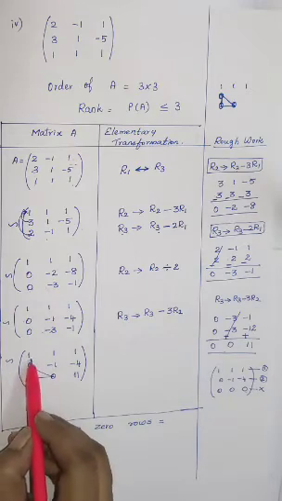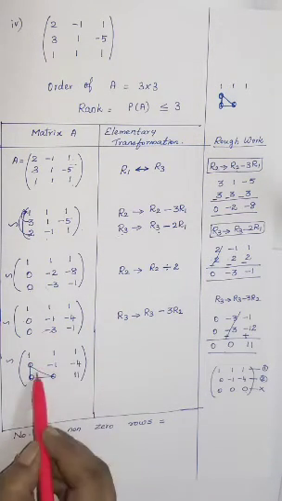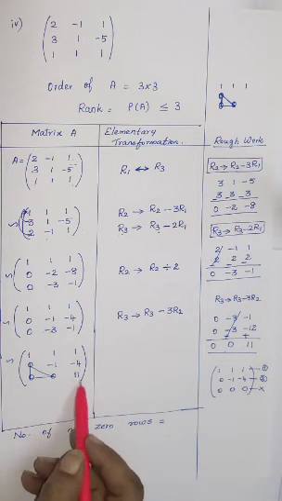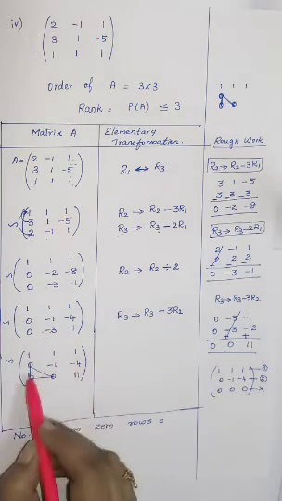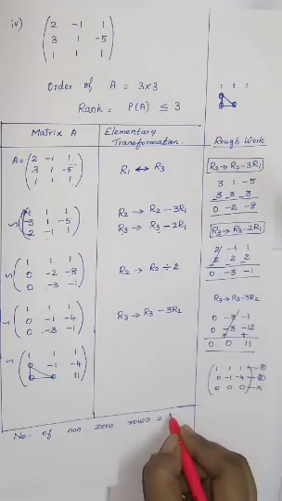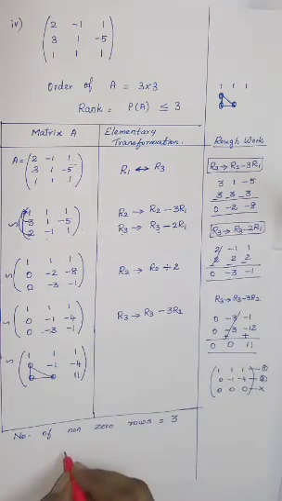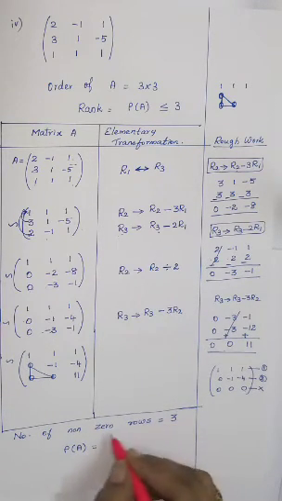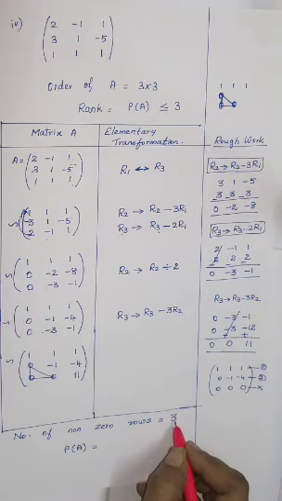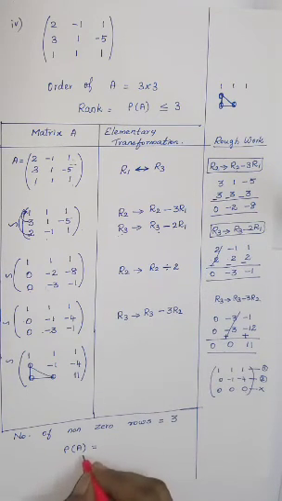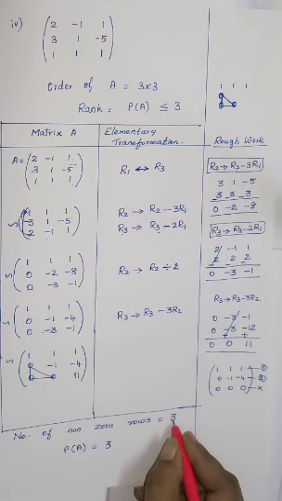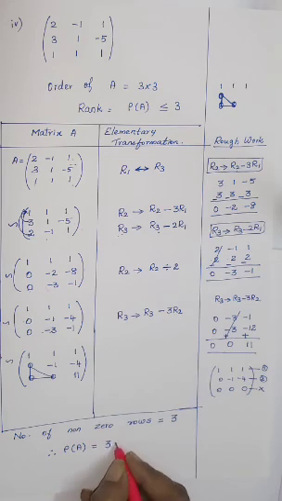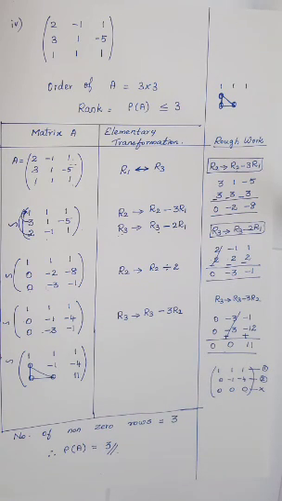Okay, but here you can see first row you've got a non-zero row, second row also you've got a number, third row also you've got one single number is there, one element is with number. Okay, so 1, 2, 3 non-zero rows are there, so you can write the number of non-zero rows is equal to 3. Therefore rank is depends on your non-zero rows only. So how many non-zero rows we are writing, that is your rank. Okay, so therefore rank of A is equal to, since your 3 non-zero rows are there, you can declare your answer as 3. Therefore rank of A is equal to 3. So this is the answer for your first question, fourth subdivision.